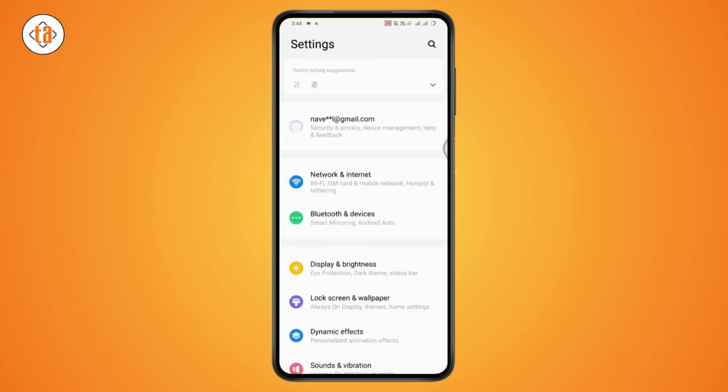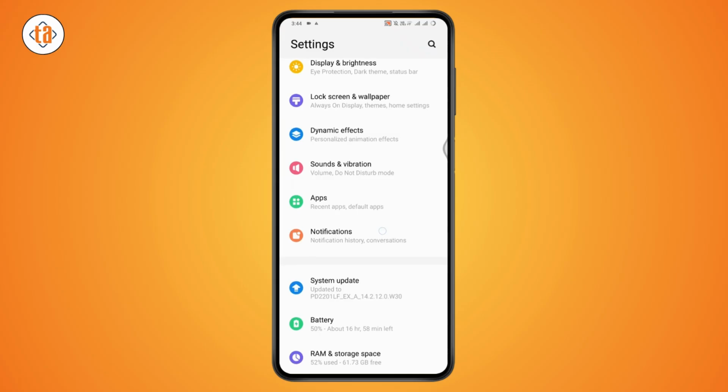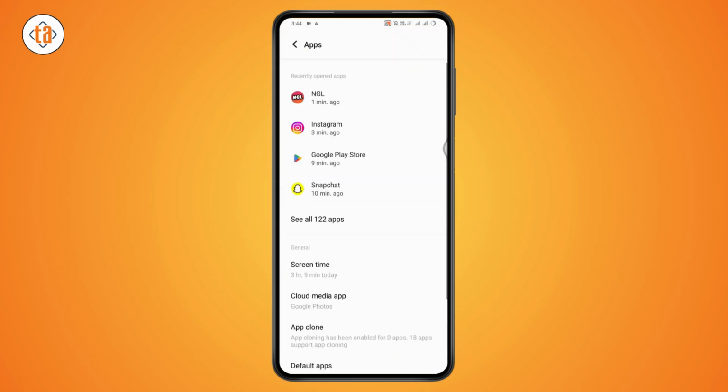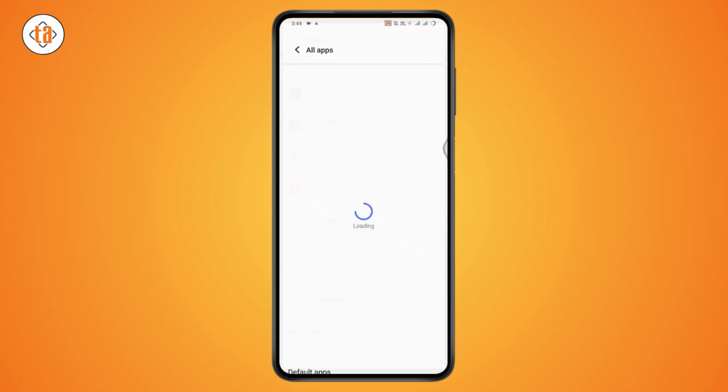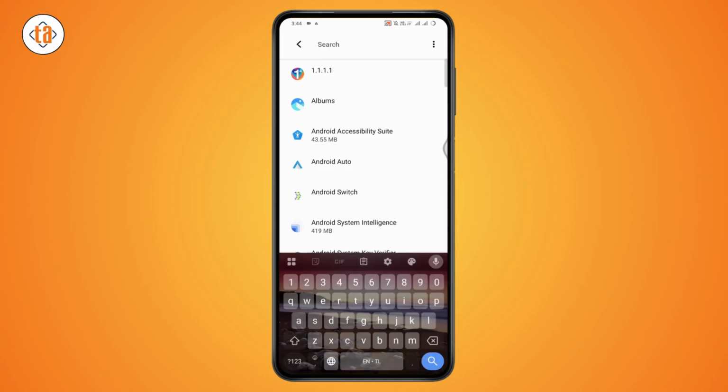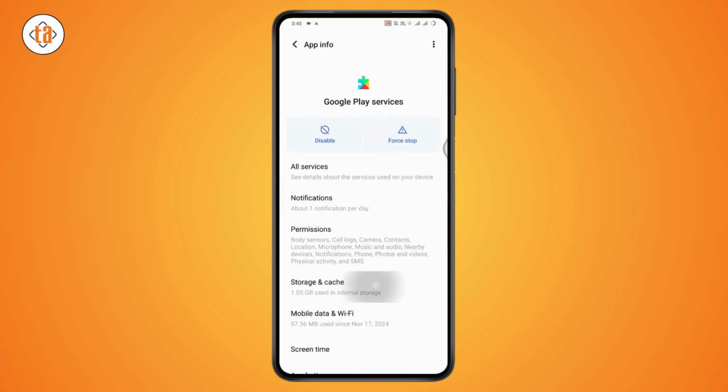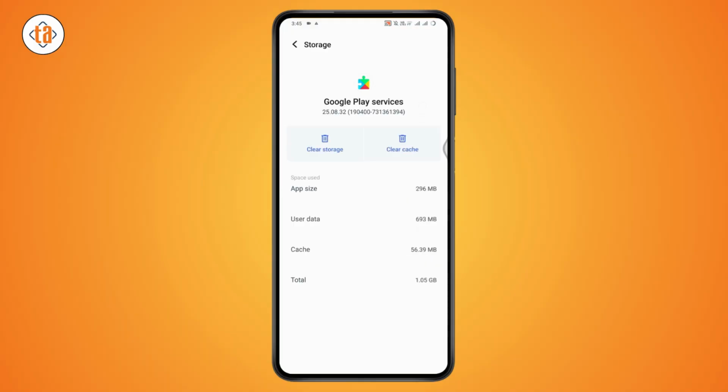After opening your settings, you need to just scroll down and go with the apps section. Once you're under the apps, go with see all apps and you can go with search. Under search, search for Google Play Services. So tap on Google Play Services, tap on storage and cache, and from here you can go and clear the